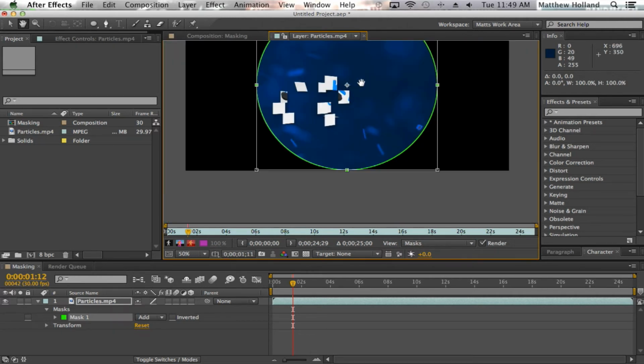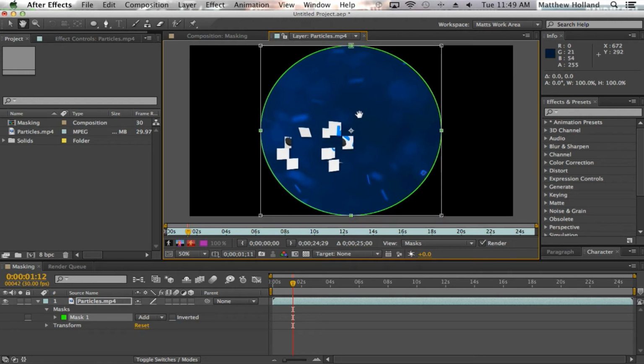Alright, that should be fine right there. You can always re-edit the sides of it if you need to. And to get out of this, just double click and it saves what you just did. So now that we have our main circle done with the mask, what you want to do is add your